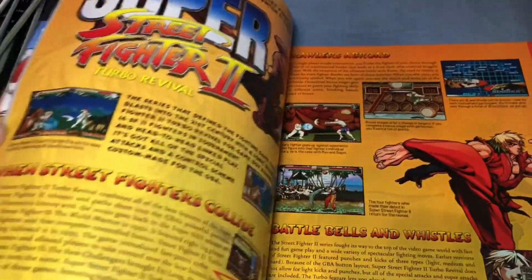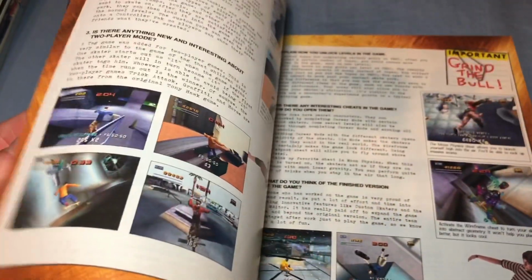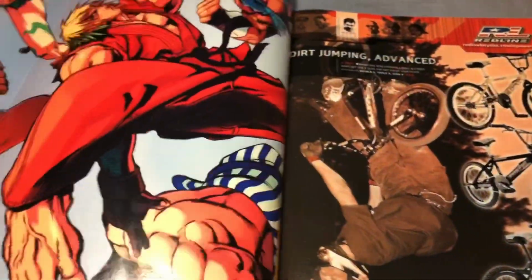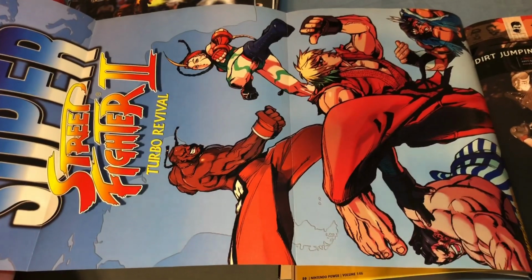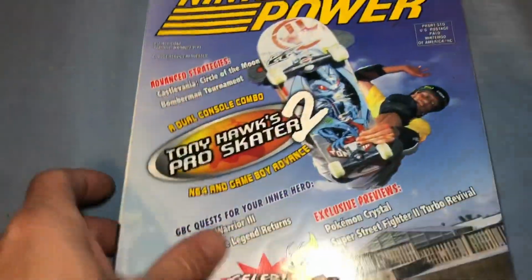Just reminds me of, you know, being a kid and not being able to wait to read every issue to see what was coming out, and not being able to wait to get my hands on it. That's awesome. Just awesome. So all of these are complete with their respective fold outs,